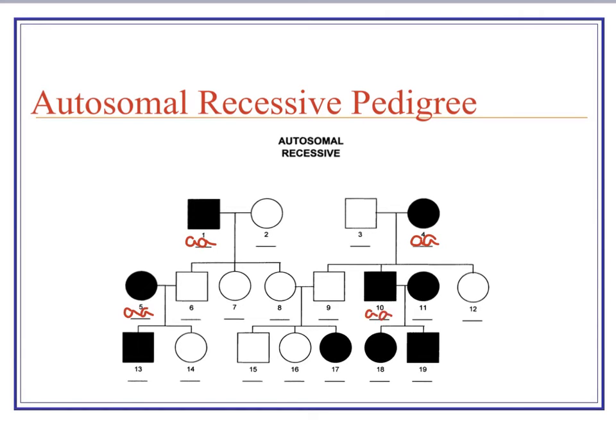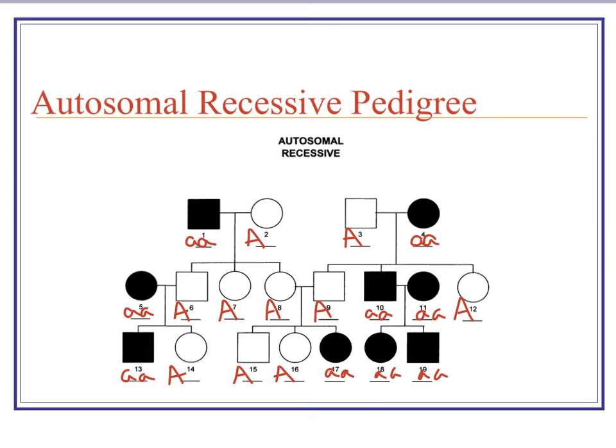We'll put two little a's, because the only way they could exhibit that would be to have two recessive copies of the allele. Now, everyone else that doesn't have the trait, we could at least put in a dominant allele because they are not affected, so they must have a dominant allele. Once you do all of that, then you can start to figure out what other clues there are to figure out that second allele for those people who are